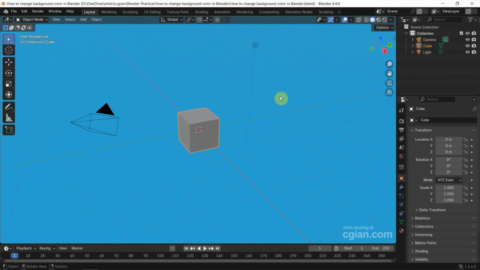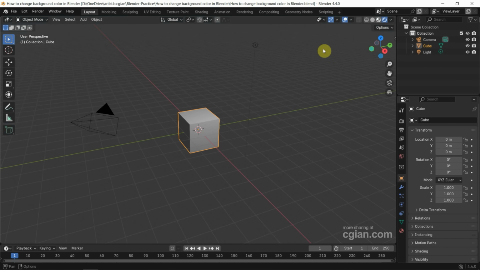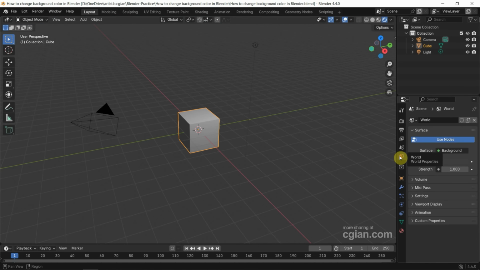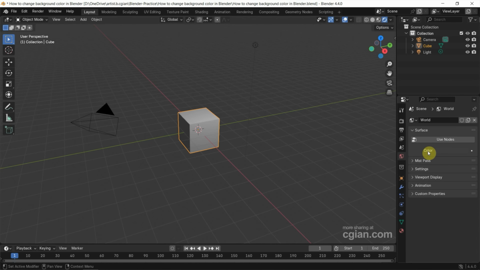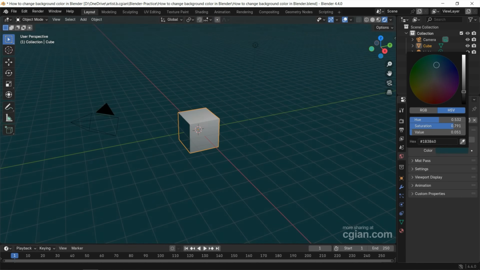And then we can switch to render preview. We can see that the render is kept as default. So if you want to change the background color for render, we can go to the world properties, and then we can click use nodes, and then we can find color here, and then click, you can change the color